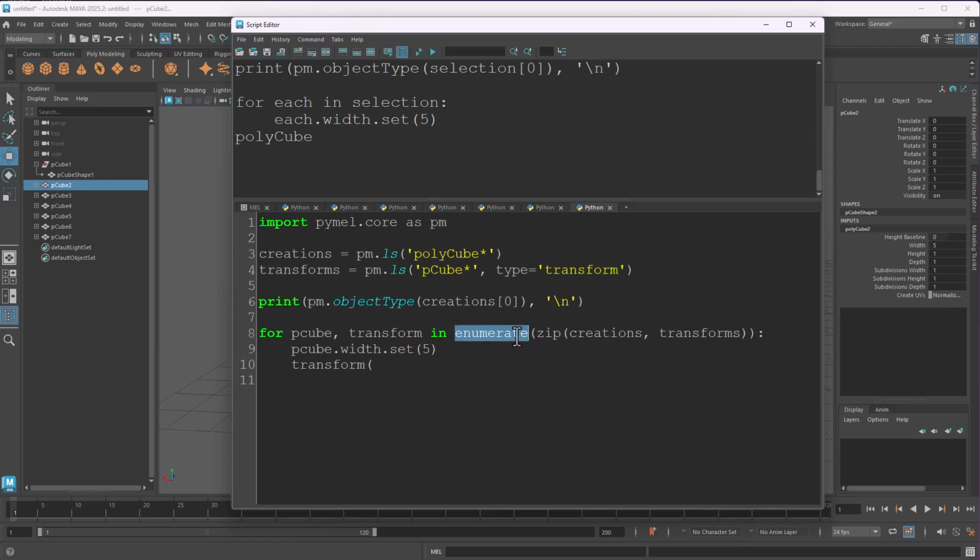Enumerate this. I can do this, of course, but it gets a little bit complicated. I'm doing an enumerate inside a zip, so I need to put here my index like this, and then my pcube and my transform, I need to put them inside parentheses so they are returned correctly. So enumerate, zip, creations, transforms. So I'm going to catch here the index, which is going to be just a number 0 1 2 3, and I want to transform dot maybe the translate